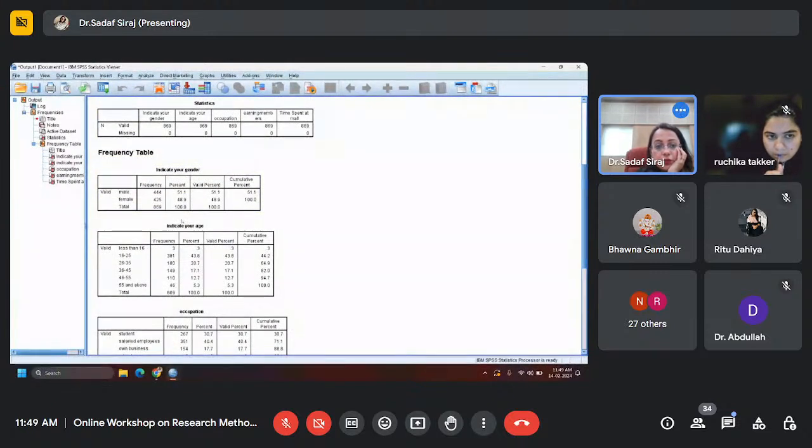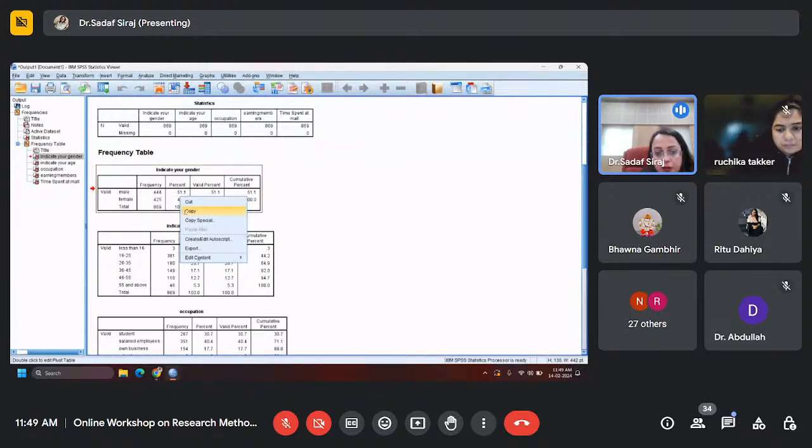Can you see that? SPSS output is going to give you a lot of numbers. Not all the numbers are required to be put in your thesis or research paper. You can always right click and copy the table. I can copy the table and paste it on the Word document on which I am working. And in all these different columns, what you require is just the column on frequency and the column on percentages. There is no need to put valid percent or cumulative percent. It is just unnecessarily providing too many numbers on the table.